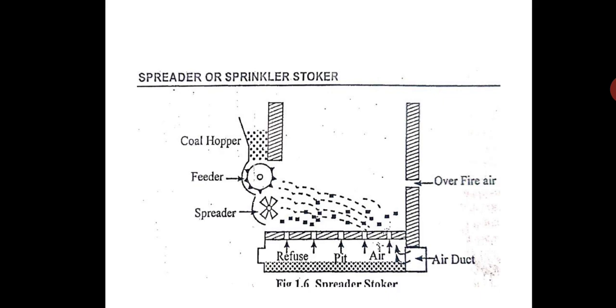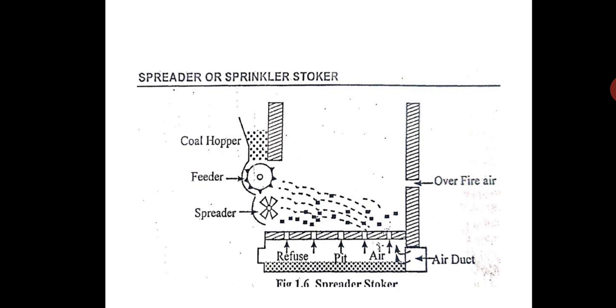The feeder continuously supplies the coal to the spreader, a fast moving drum with blades, which in turn distributes and feeds the coal onto the grate as shown in the figure. The fuel feed rate and the supply to the boiler can be controlled by controlling the feed to the hopper or by controlling the spreader speed. So if you want to increase or decrease the flow of coal, then you can change the hopper feed or spreader speed.